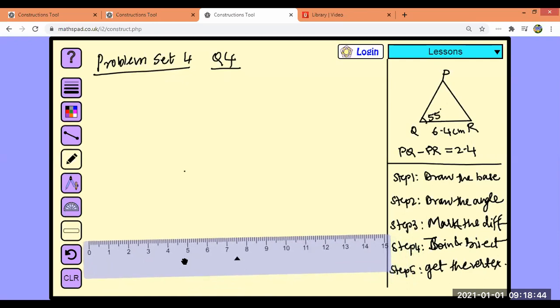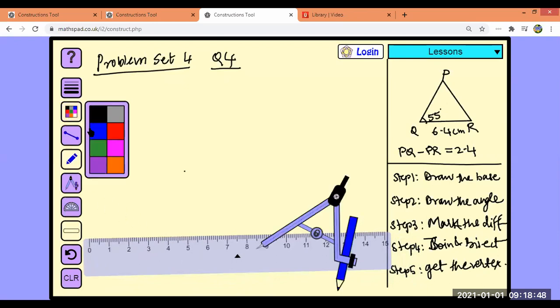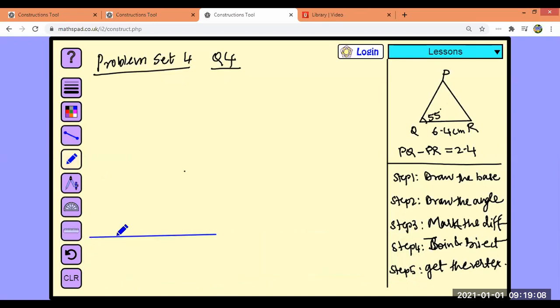And here we will draw the base, which is 6.4 centimeters. So draw 6.4 centimeters like that and label it, correct? So label it as QR. This is Q, this is R, and it is 6.4